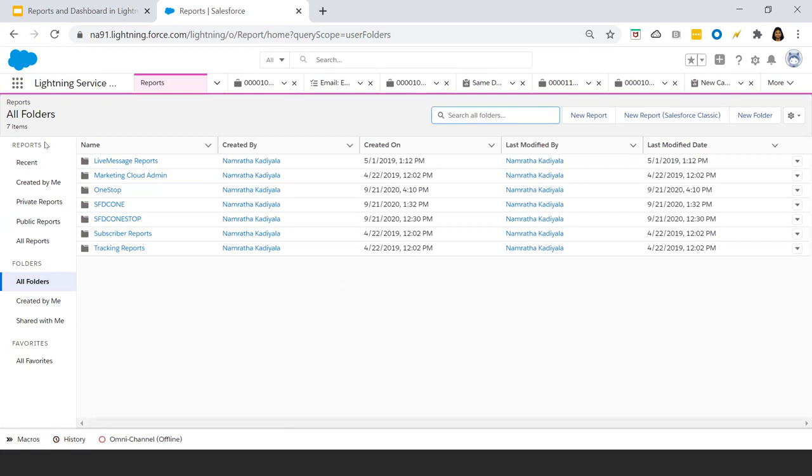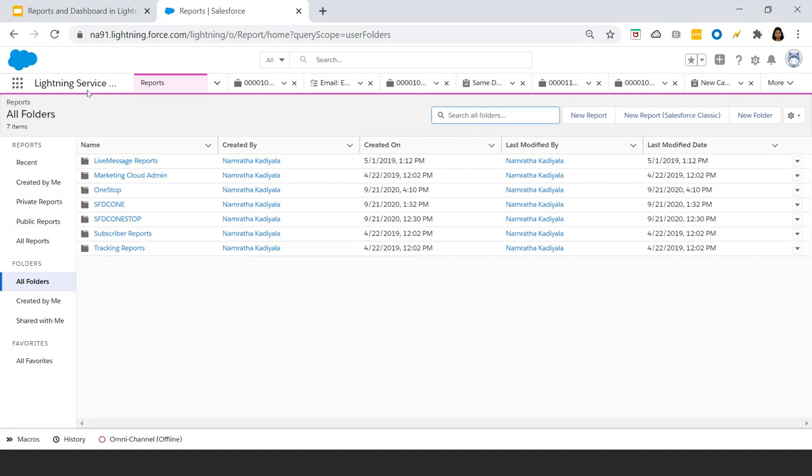So here on the left hand side, you see all of this information which is available. As a step one, we will create one folder, and for that specific folder we will create multiple reports. Now let's talk about what is a business use case. We can consider the Service Cloud example because we already have the Service Cloud console application open. So the business requirement is, business or leadership would like to know total number of the cases which opened, number of the cases which got closed, and total number of the cases which are raised as 7. So we'll have to create different types of reports, and we will have to show up in a dashboard.